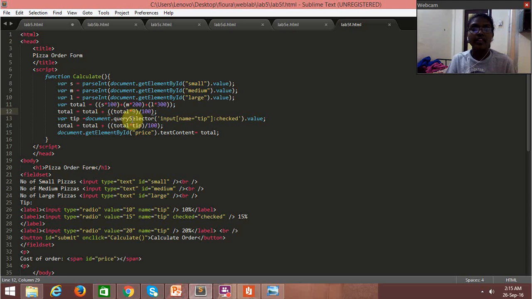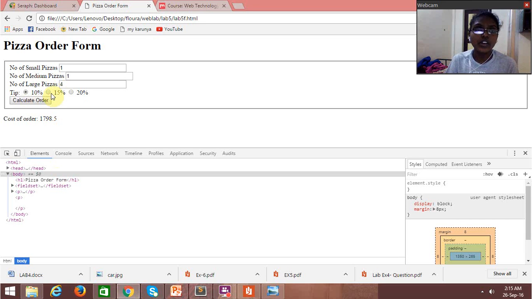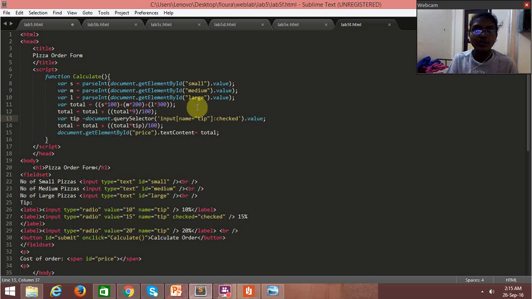payment, and then we have used a query selector. Why the query selector? Because we are using a radio button to select either this or that. So we use a query selector, which selects the checked one. If suppose it's 10% or 15%, the value of that is retrieved using dot value. It is sent to tip, and with tip we can find the total amount and display it using